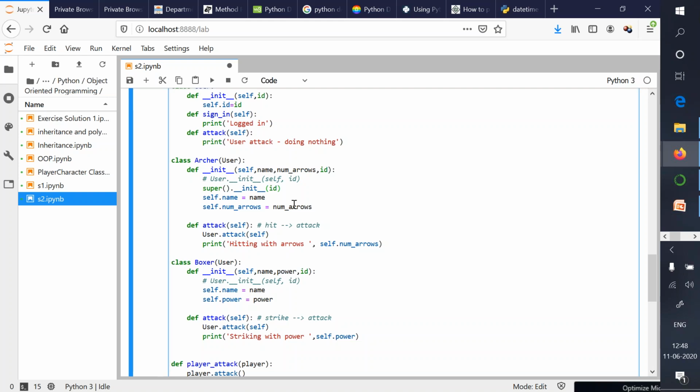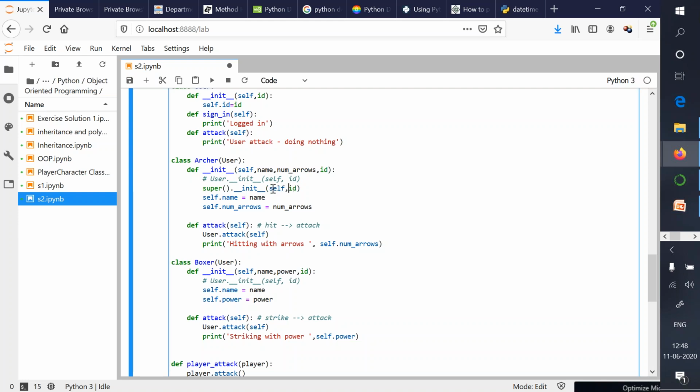So observe the difference between these two statements: User.__init__ and super().__init__. One thing, we are not mentioning the name of the class, rather we are using the super method. And second, when you are using the super method, there is no need to mention self also. You can simply write ID.